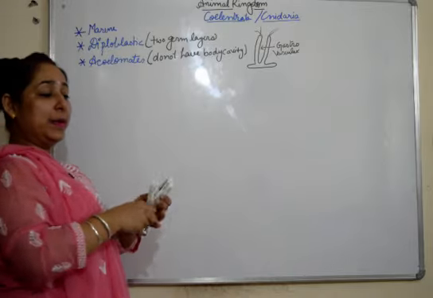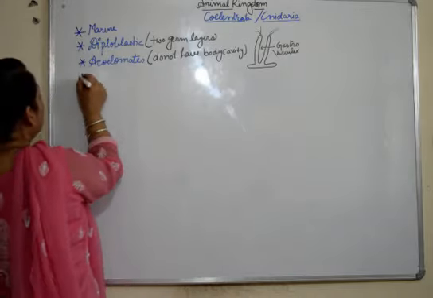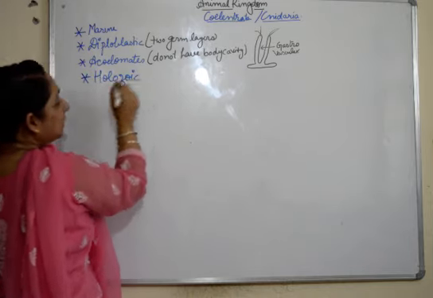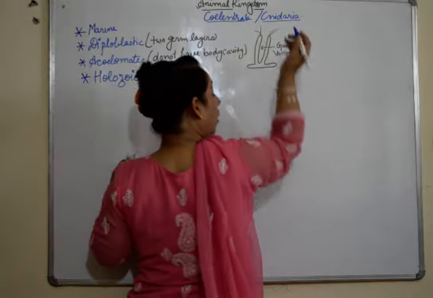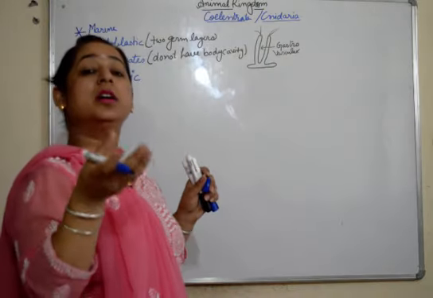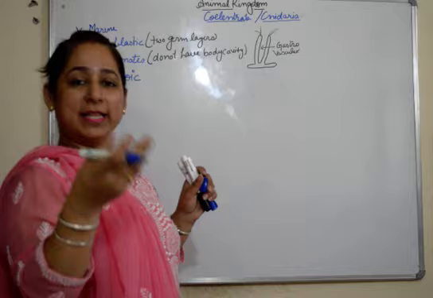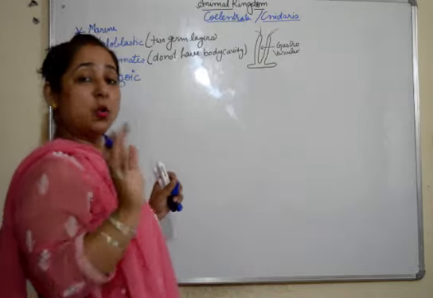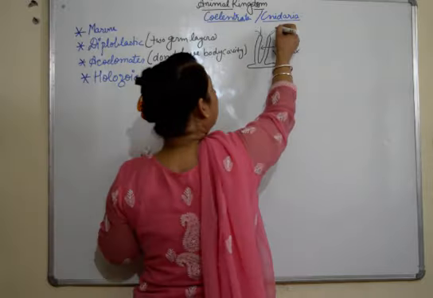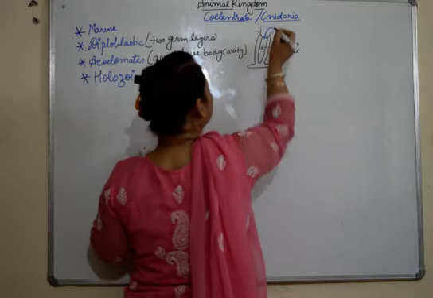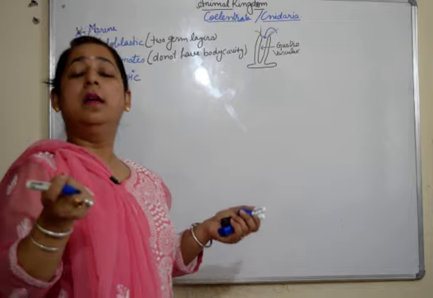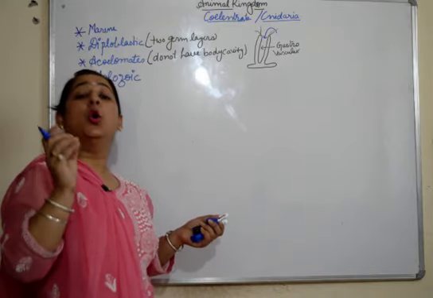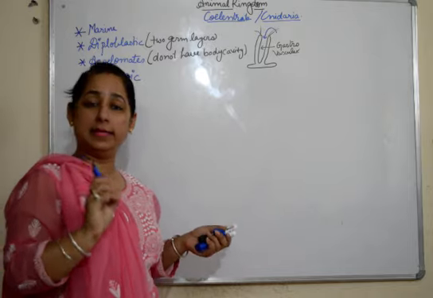Then they are acoelomate and they are holozoic. That means they take in the water, it moves. Holozoic is the condition in which the food is taken. We are holozoic. That means we take in food, it's digested in our digestive system. Fine. So they are holozoic organisms. The water moves in, the nutrients are then used up by the body surface. So it's intracellular digestion.